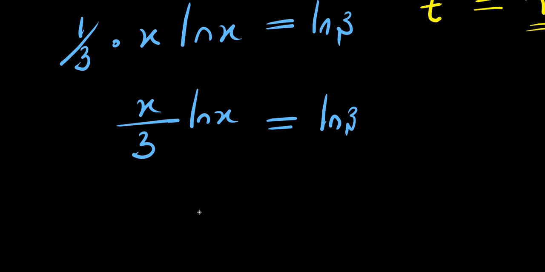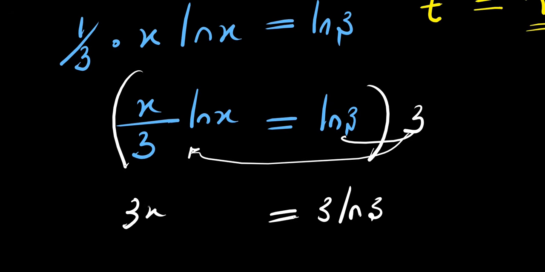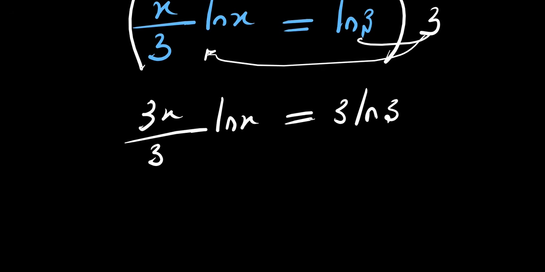So what do we do? We need to solve for x. So, easy. I can decide to multiply both sides of this equation by 3. So 3 multiply this, 3 multiply this. So 3 times this will give us 3 times natural log of 3. And 3 times this, we are going to have 3x divided by 3 times natural log of x. Have you seen that? So 3 cancel 3, I have x times natural log of x equals 3 times natural